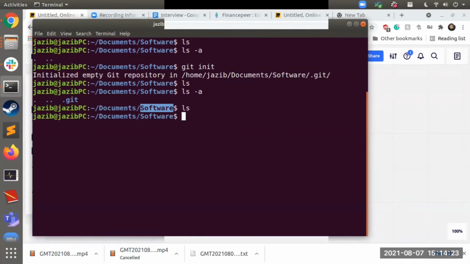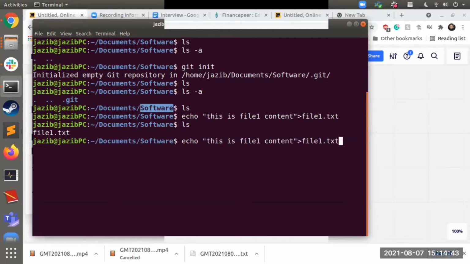Let's create some files. Let's echo "this is file1 content" and store it in file1.txt. Now if I do ls, there is a file. Let's make another file, file2.txt also.